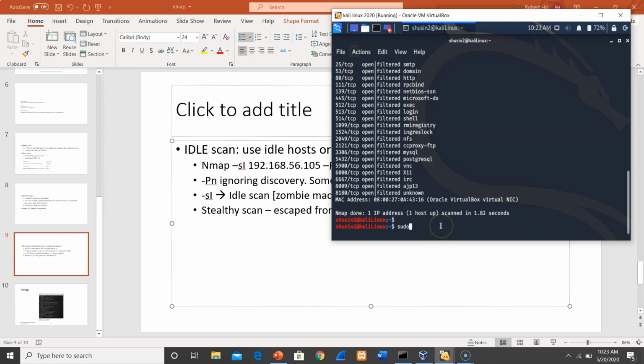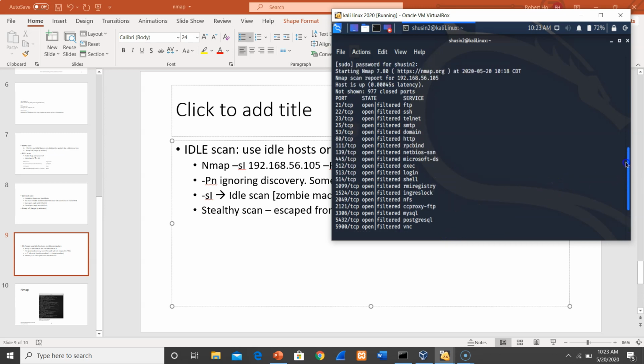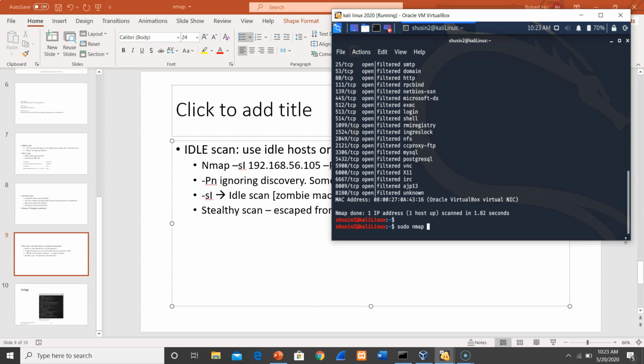Nmap, sudo nmap, we're gonna use -sI for idle scan, 192.168.56.102. We're gonna use a zombie. Okay,